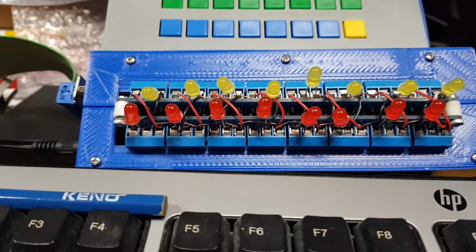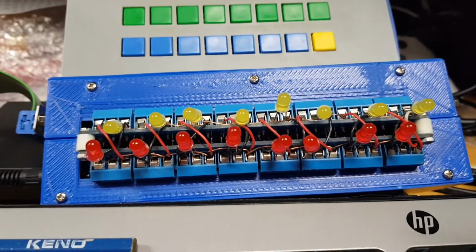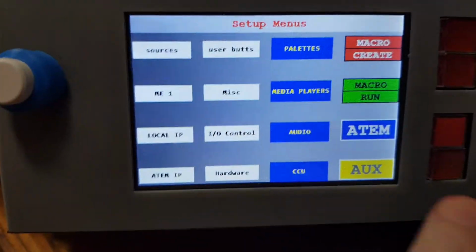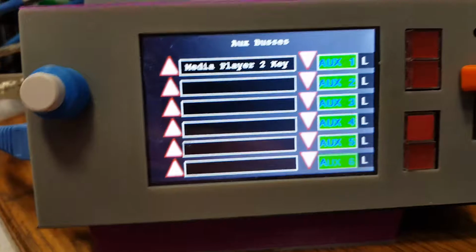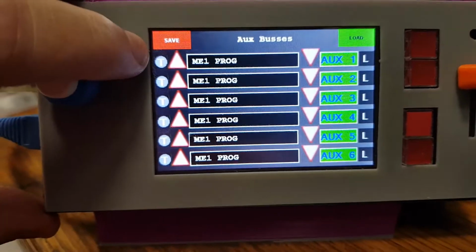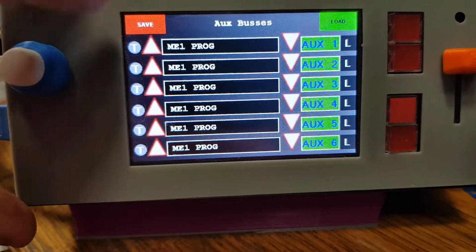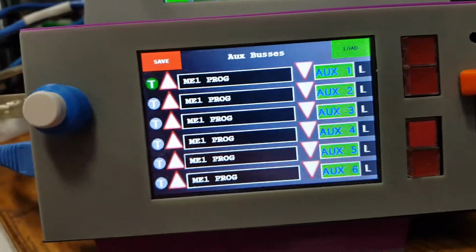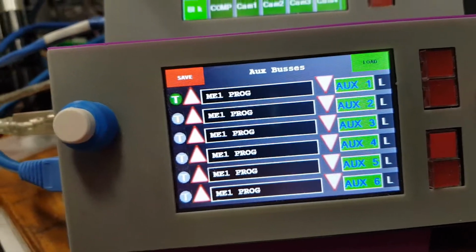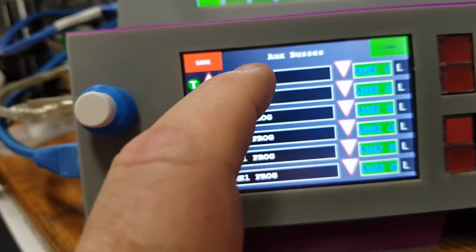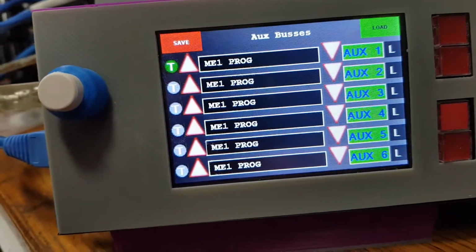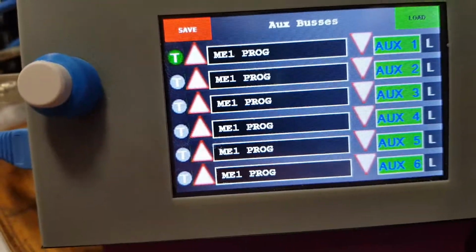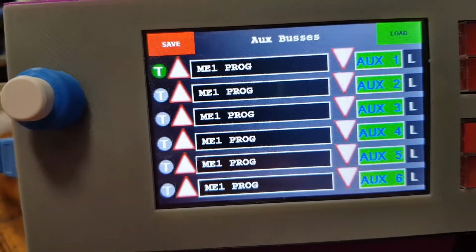But we have an extra tally that can be allocated to any Aux bus, and that is available on the Aux Bus menu item. And we just go to Aux. Over here you'll see there's a little T for tally, and what I can do is that if I just select, say, Aux Bus 1, I've turned tally on Aux Bus 1. Now what that means is that any source that's been allocated to the tallies, as I've shown you a moment ago, if it's selected up here on the Aux Bus, it will generate a tally,